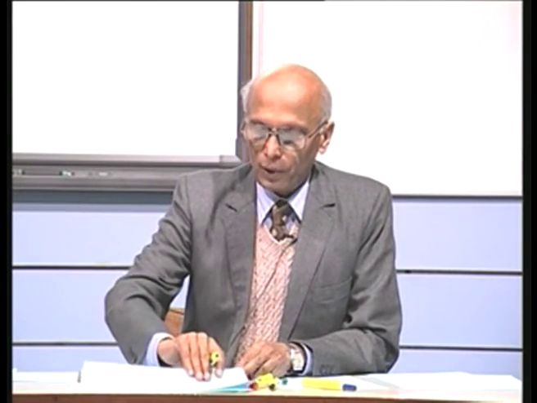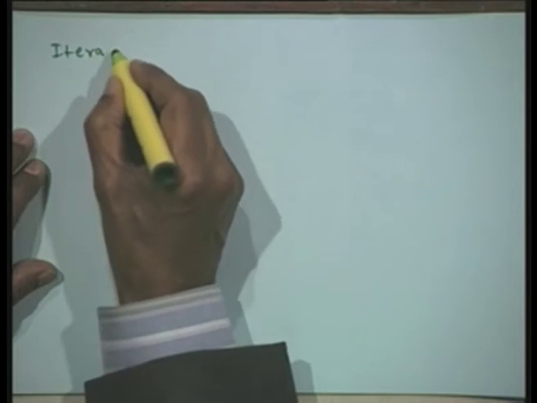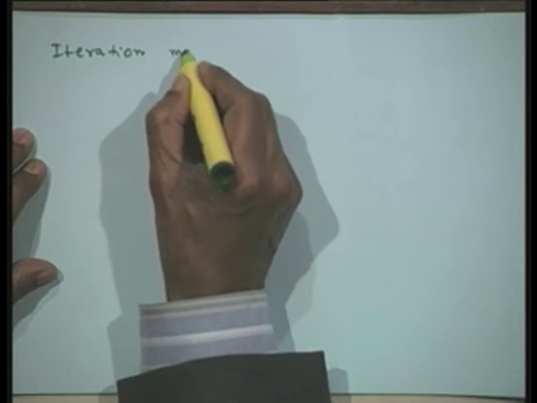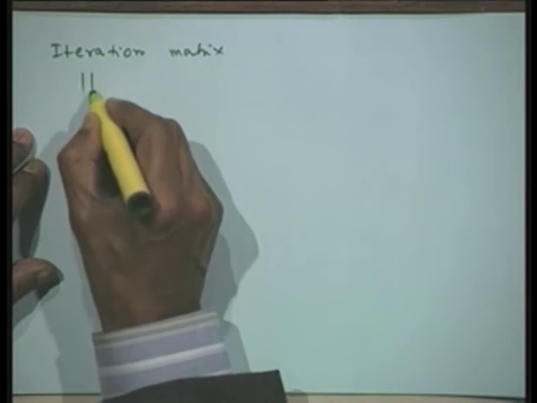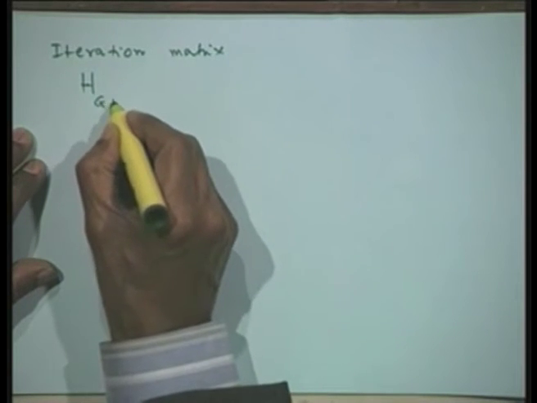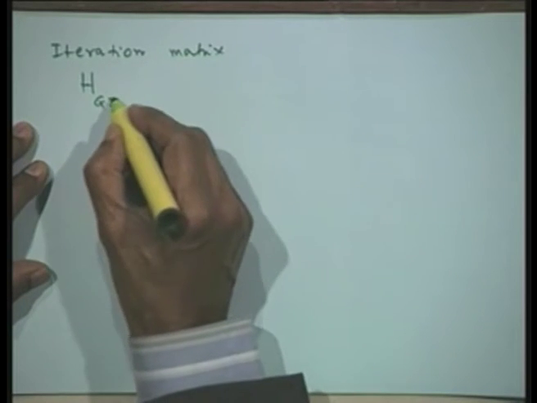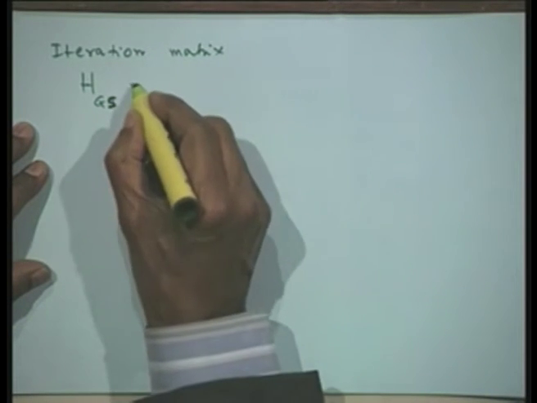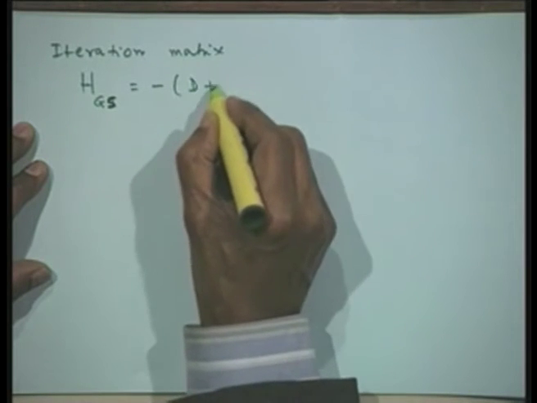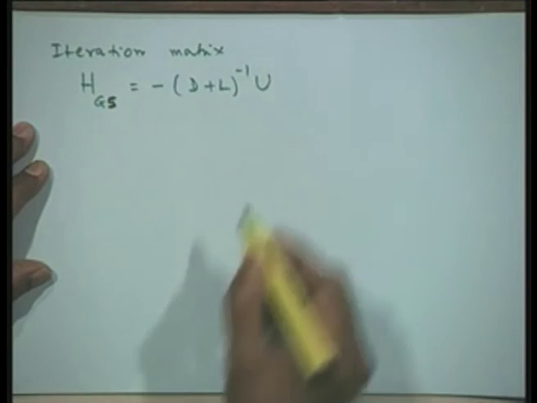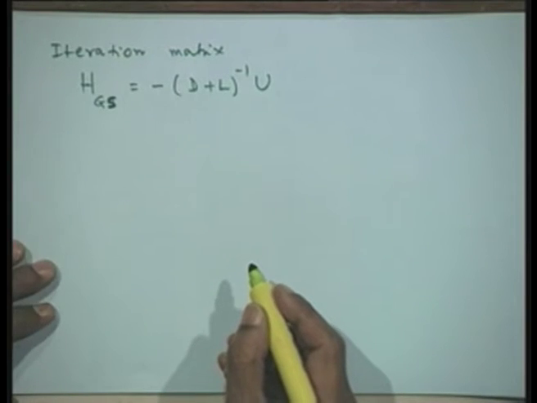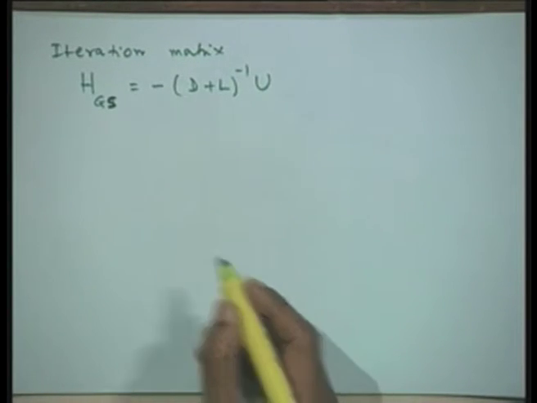Now let us write down the iteration matrix for the Gauss-Seidel also. Now the iteration matrix, let us give a suffix to it. We will put GS, Gauss-Seidel, equal to minus (D plus L) inverse of U. So this is our minus (D plus L) inverse of U, and that is equal to,